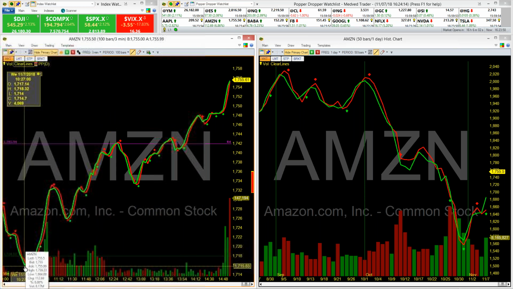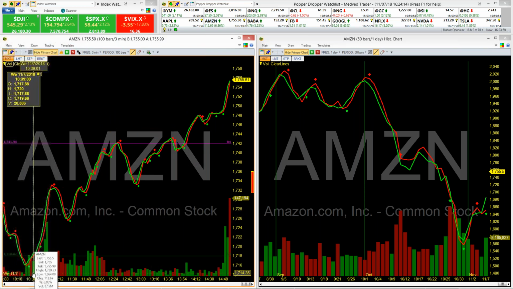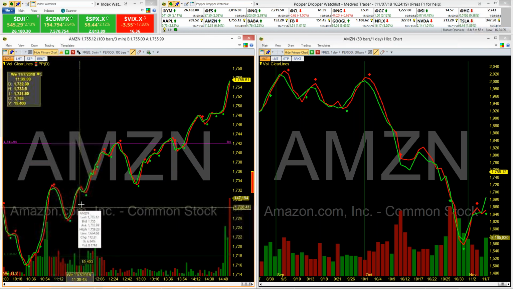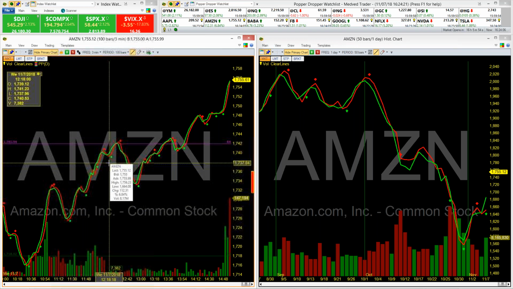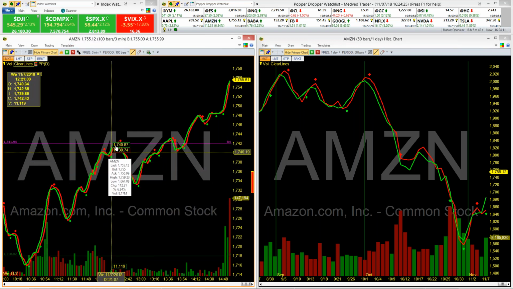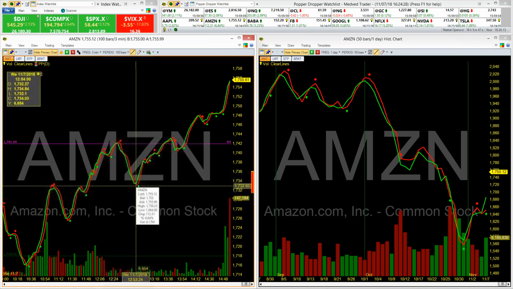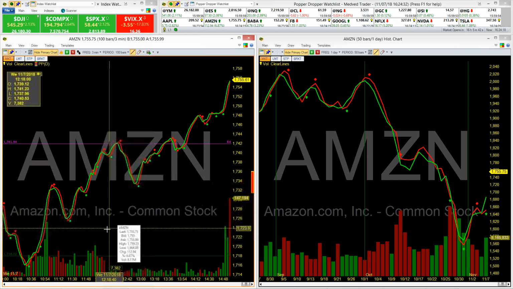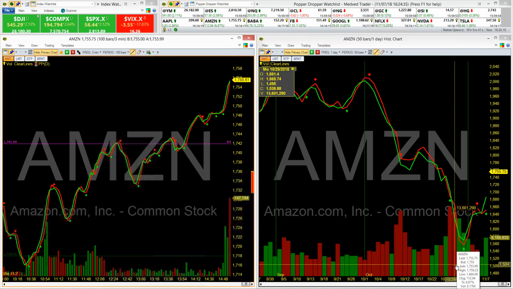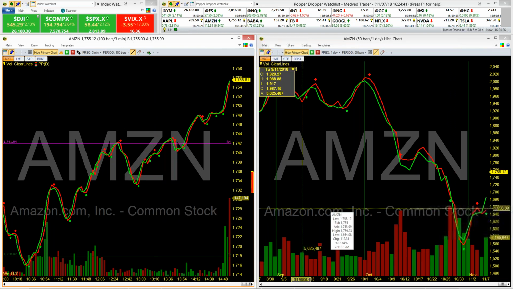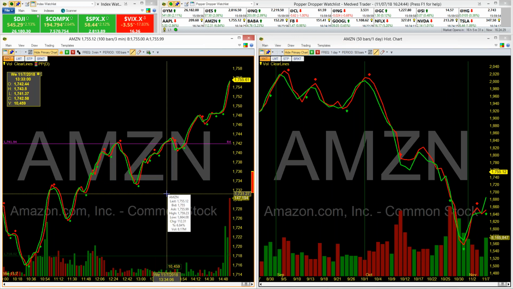Amazon this morning on a 3-minute gave you an up arrow, gave you another up arrow, got a pullback. Then it gave another up arrow, another up arrow, another up arrow. So when you get additional up arrows, those could be positions, places to add. A reversal, exit, green arrow up, get long. All right. You follow one of the bigger time frames to give you the trend view, and then you use your intraday for timing your